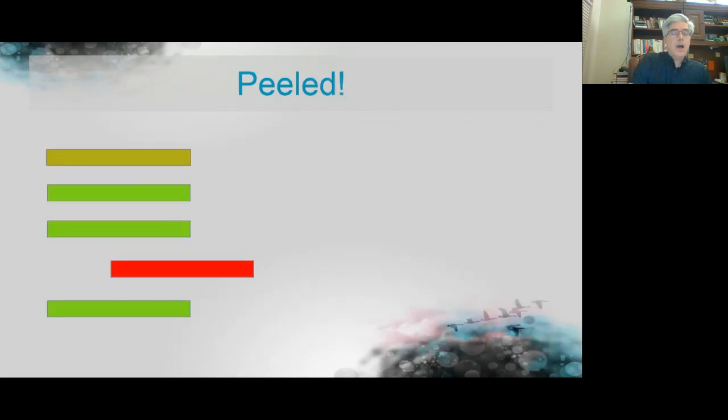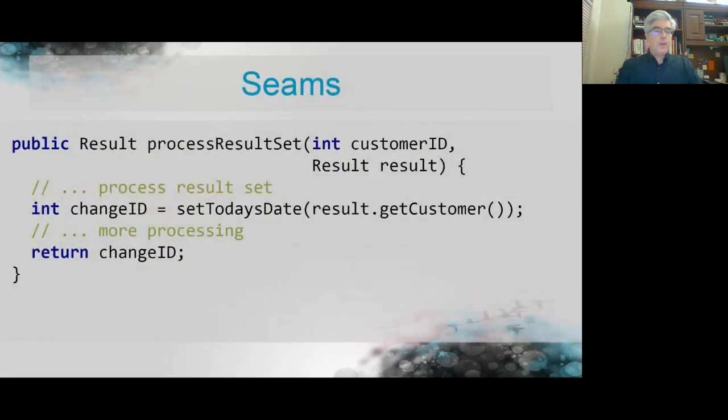And we have successfully peeled off that function at the top that was untestable, and now we've made this method testable by doing so, while also not changing the functionality of the original application at all. That's one of the beauties of creating a seam in the code. Well, now we've got this problem here, this code in the middle. How do we mark that off and make it testable? Well, we will go through,